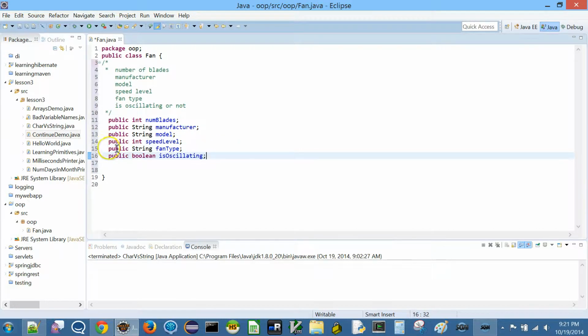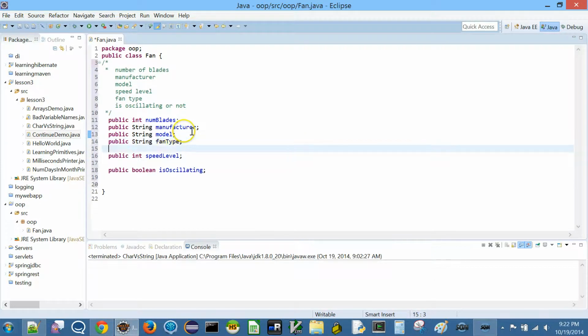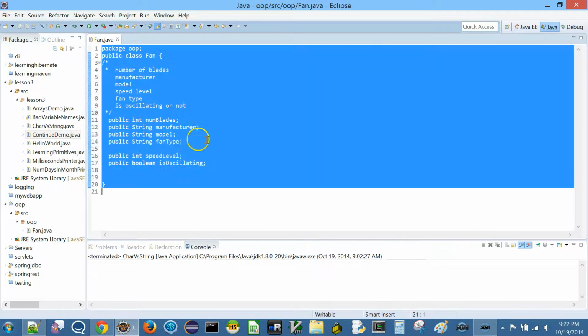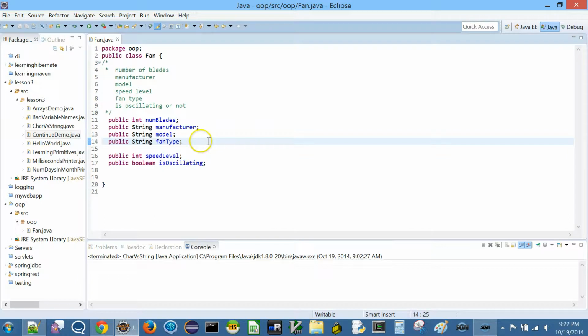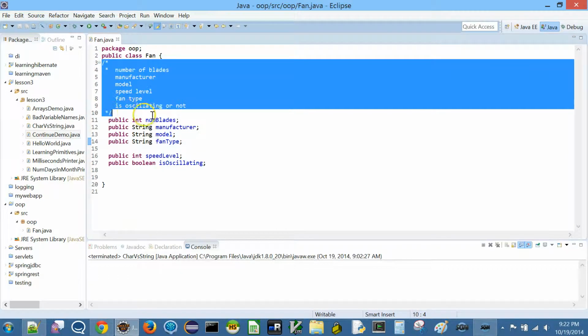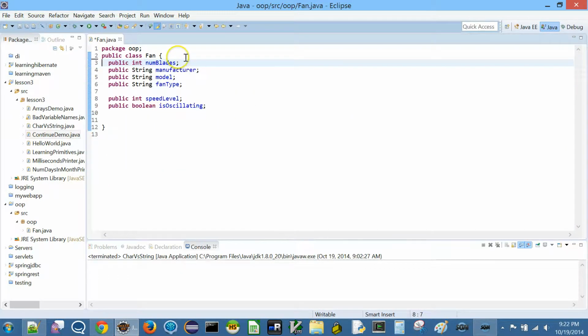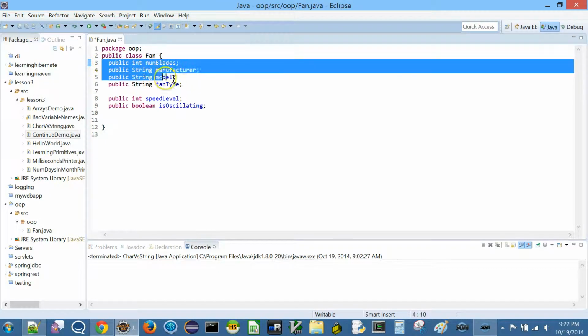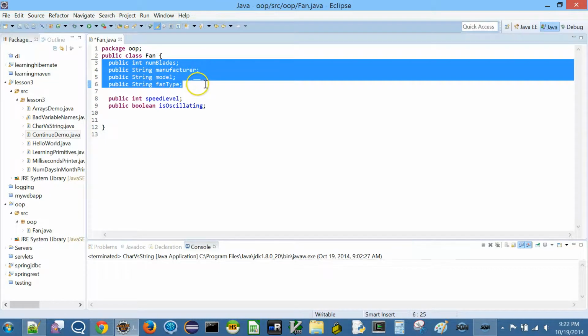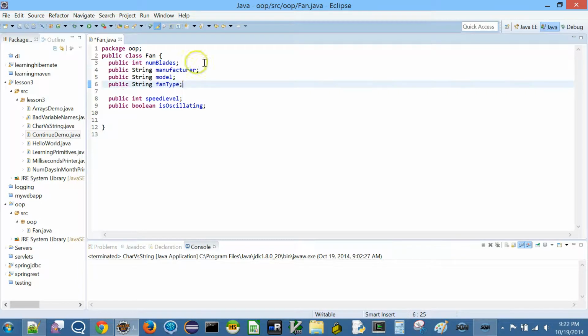So now we have 6 fields. Actually, let me move fan type one level above, right? And then now it's clear, right? So we have 6 fields. Let me delete this now that we got them. Now 6 fields, of which these 4 fields are pretty much fixed throughout any fan's life once they are set, and then these two are what we are going to be varying.